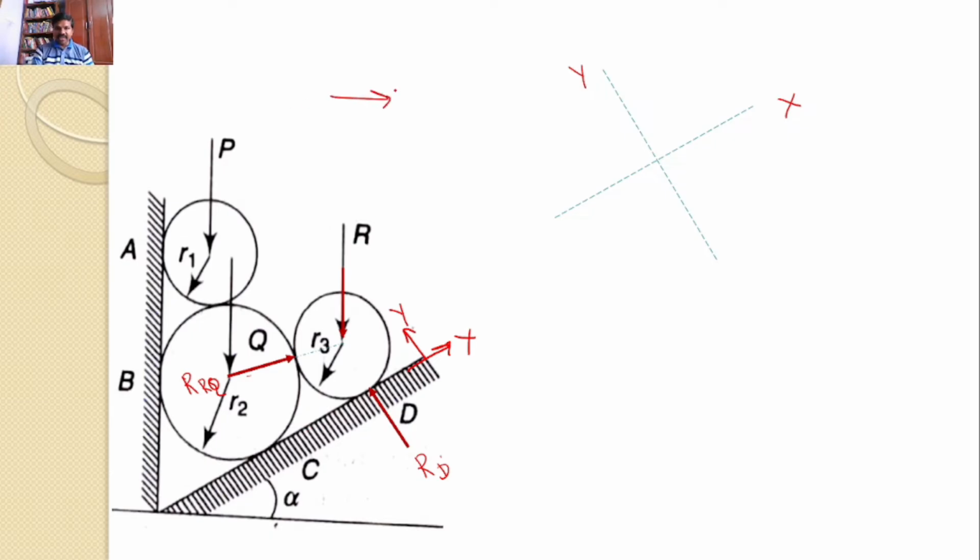You can also take your own x axis and y axis, but accordingly you need to find the angles made by these two forces. But if I consider my x-axis and y-axis like this, then it is somewhat easy to identify the angles made by these two forces. Now I am transferring all these three forces onto that xy plane. Look at this. So this is my RD. RD is perpendicular to this trough. That's why this is along this one. And RQ is along this one. And capital R is vertical.